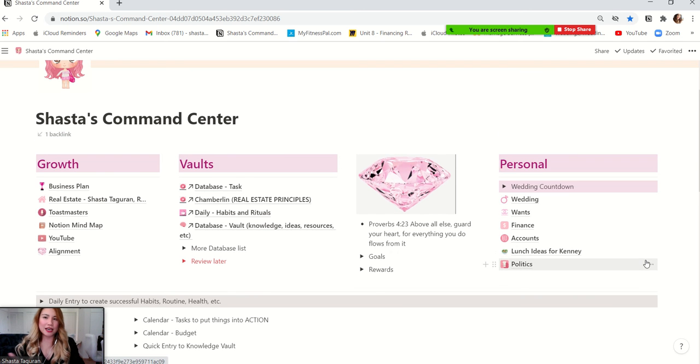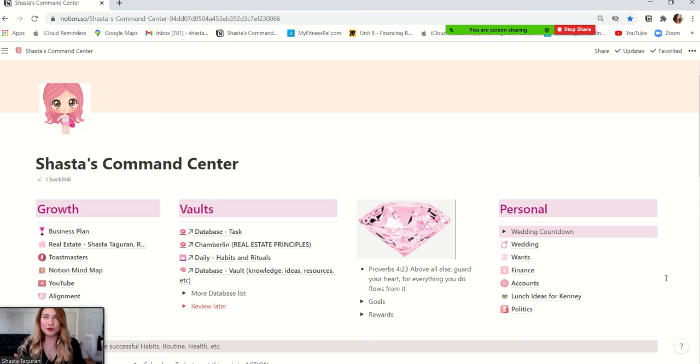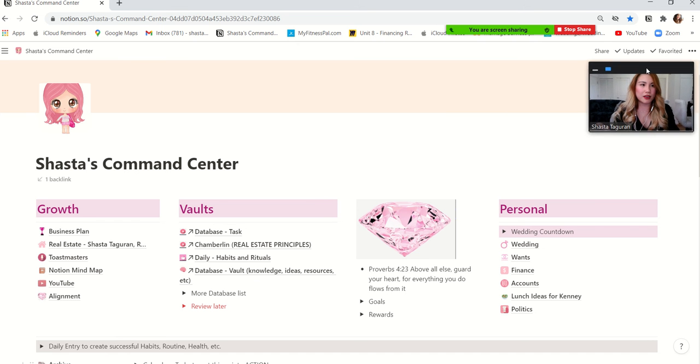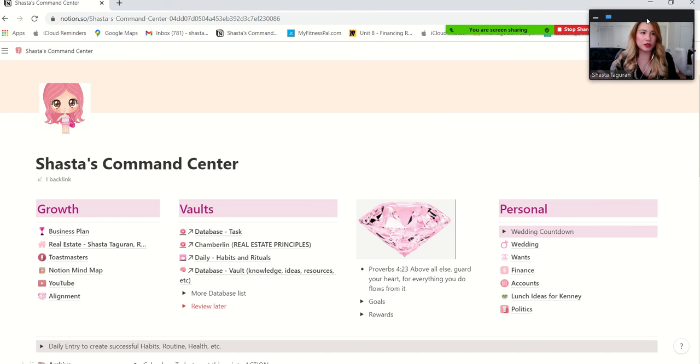Basically, I discovered Notion two months ago, I think, early November. I discovered that it can do so many different things, and I think a lot of people will find benefits in it. There is a multitude of ways to use Notion, and I'm very excited to share how I